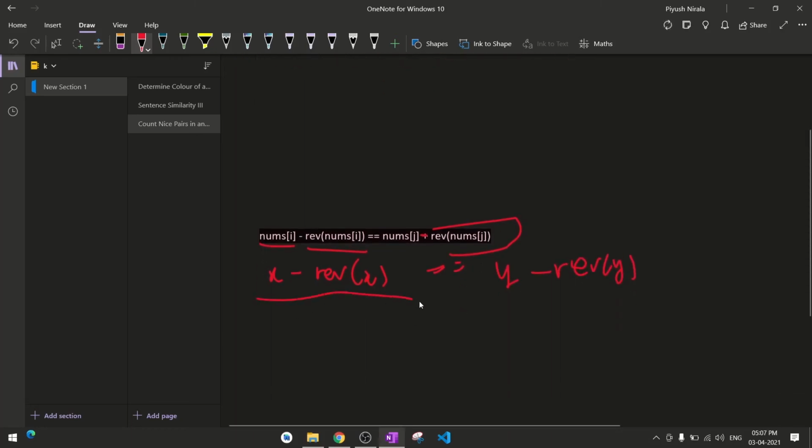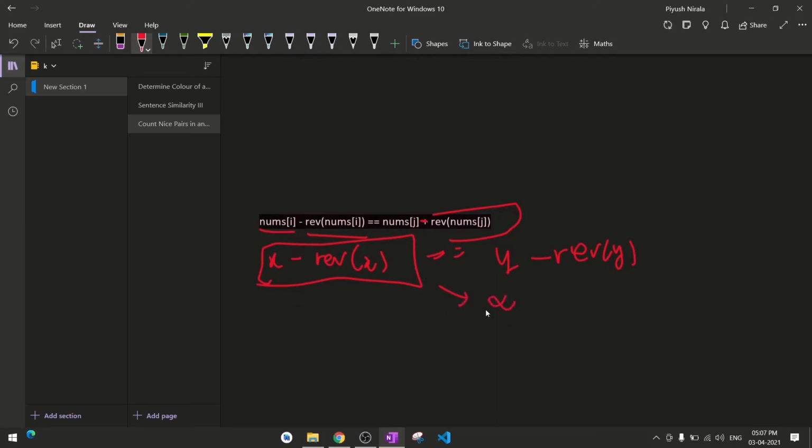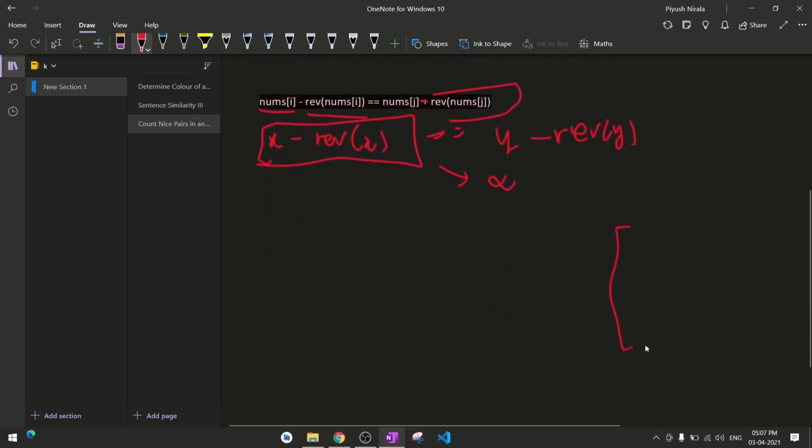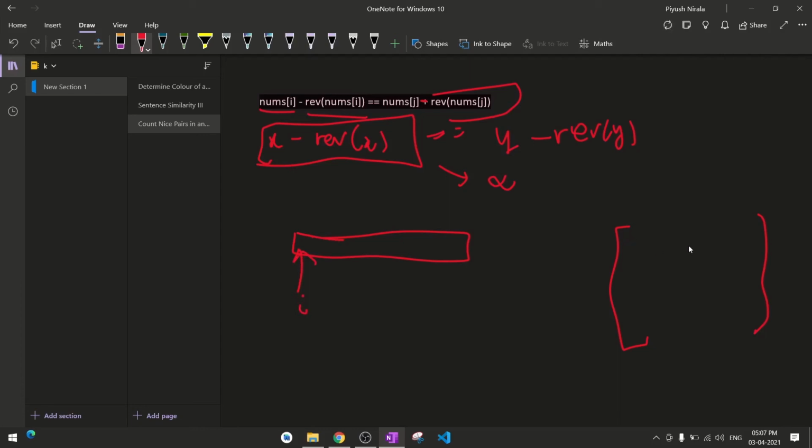So if this value comes to be alpha, and we have some container, and we are iterating over the array, and we find in the container that we have alpha, and I am at I. The value is not the exact I, it's nums of I minus the reverse of that number.